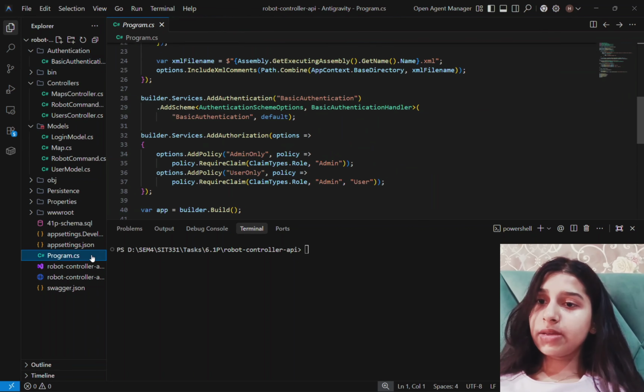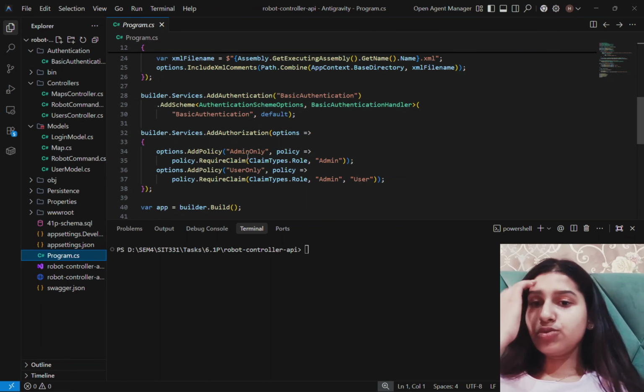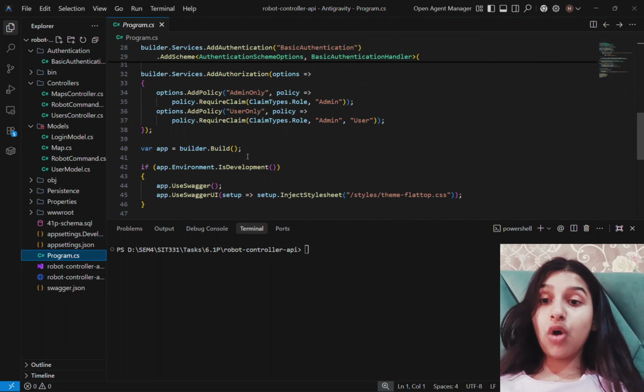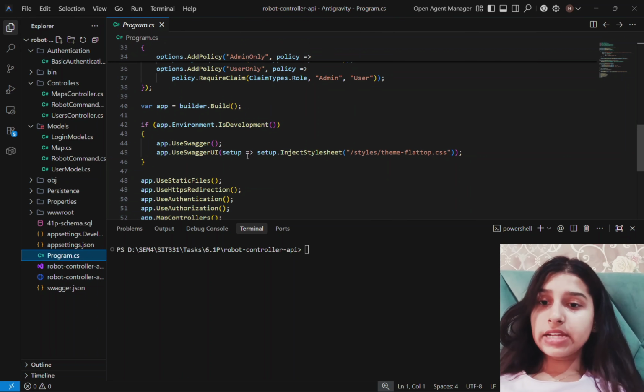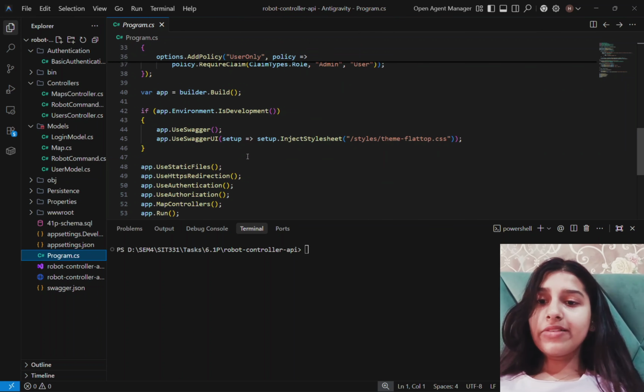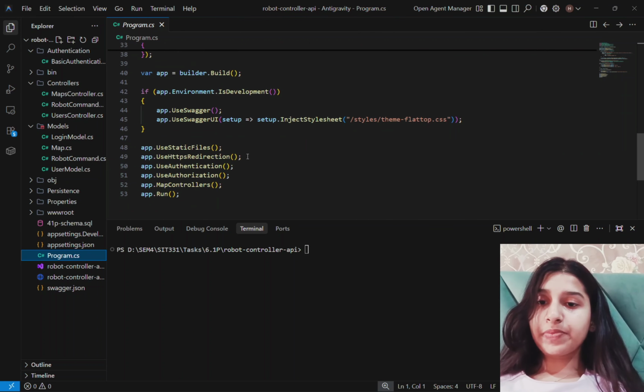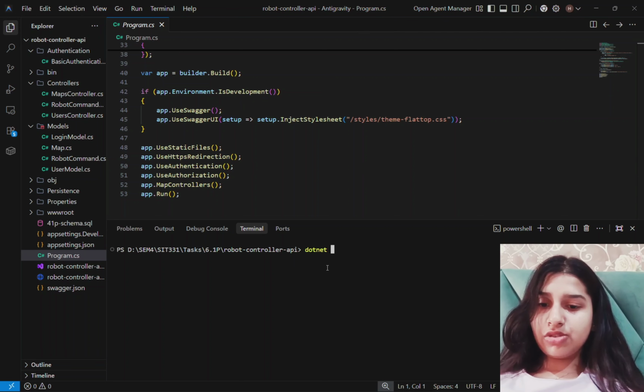Going to my Program.cs, I have used the Authorize attribute to lock my endpoints. For instance, only users with the admin role can add or delete the robot commands, while regular users can only view them. Now let's execute our program using dotnet run,